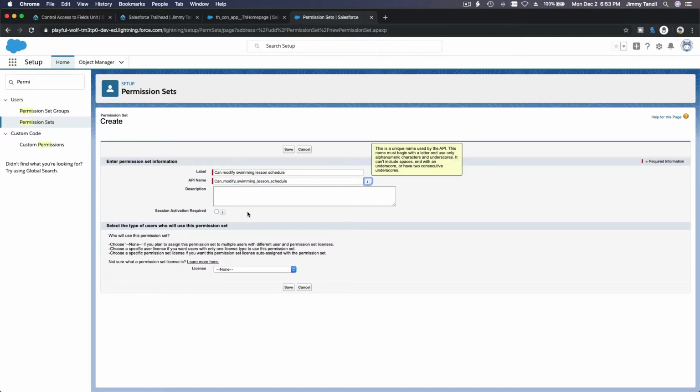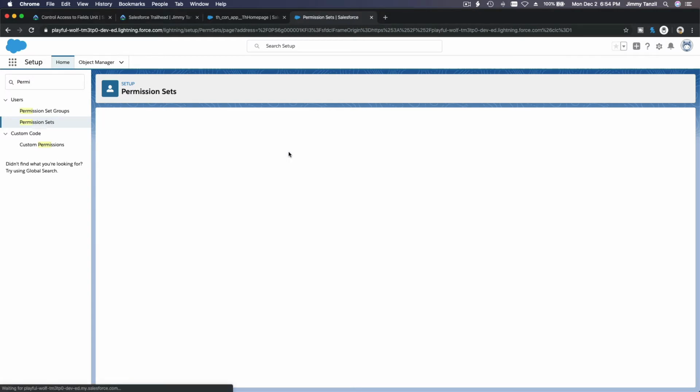All right, so we are going to save this and go to the object settings